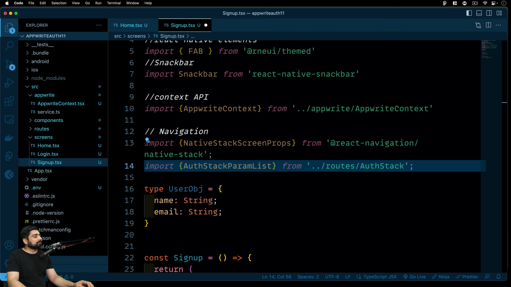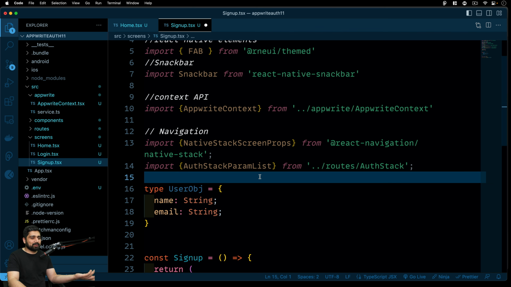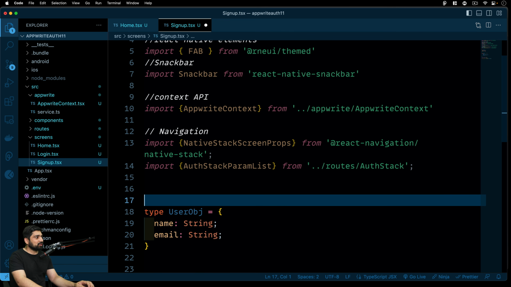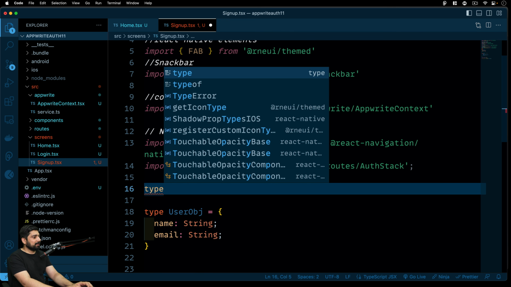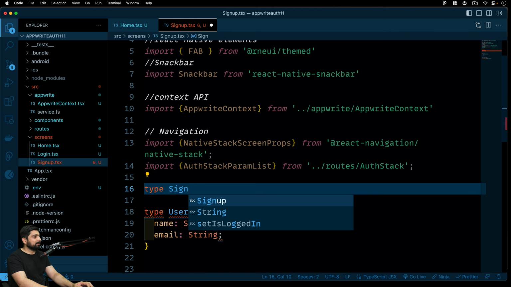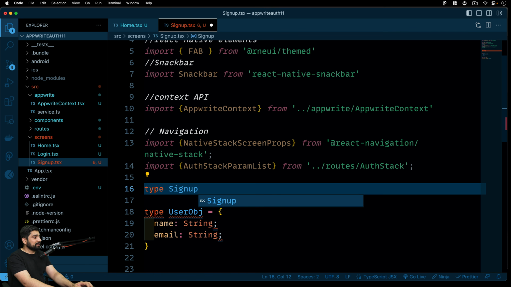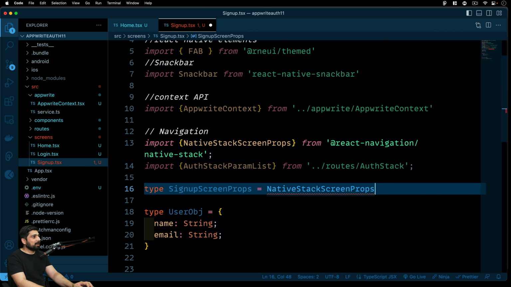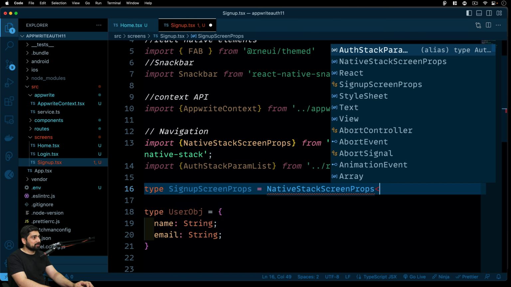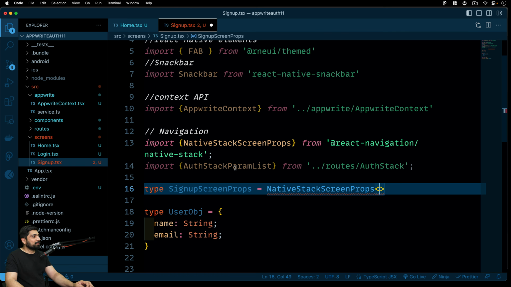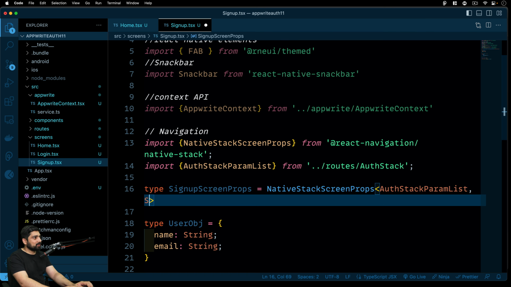Okay, now first and foremost, just like we did in the past one as well, we'll be using this auth stack param list, in case you remember that. So we declare a type here and we simply go ahead and say sign up. Let me go ahead and write that. It's a big one. Sign up screen props. Okay, this one will be coming from native stack screen props, and this one will go native stack screen props, just like this. There we go. And here we have to provide the auth stack param list. Very, very boring. And that's it. And we'll be saying what for this one. This one is actually for,